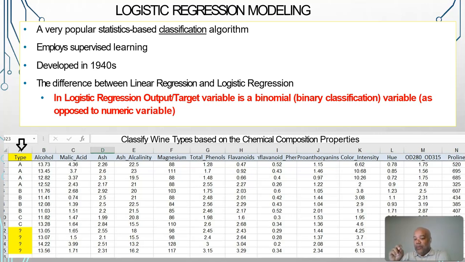The output probabilities are mapped using the logistic function, which constrains predictions between 0 and 1, making it suitable for binary classification. Logistic regression is highly interpretable and widely used in fields like healthcare to predict disease presence and marketing, customer churn prediction. Its simplicity and effectiveness make it a powerful tool for understanding and predicting categorical outcomes.